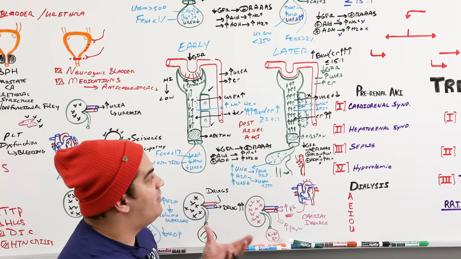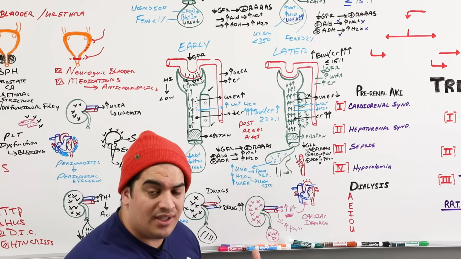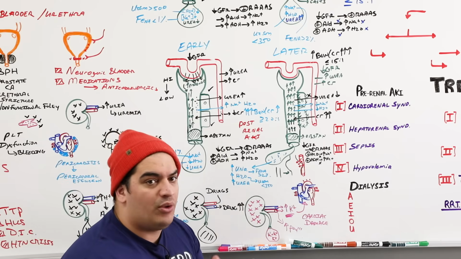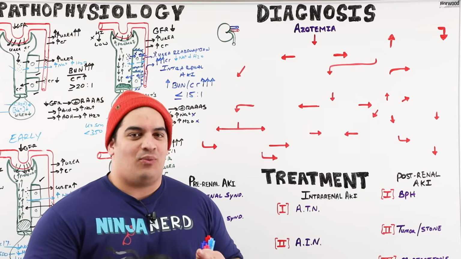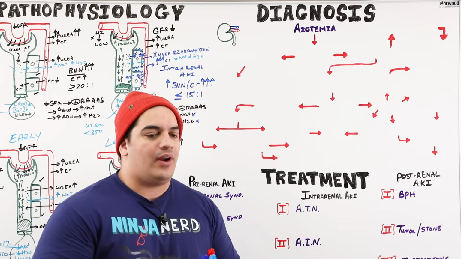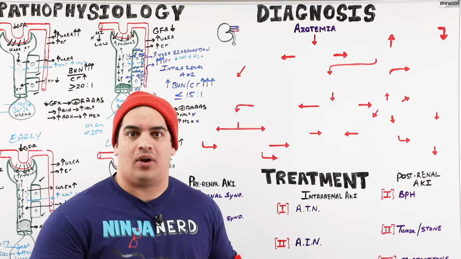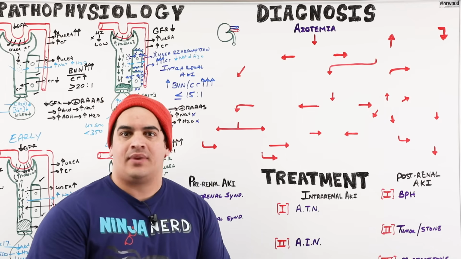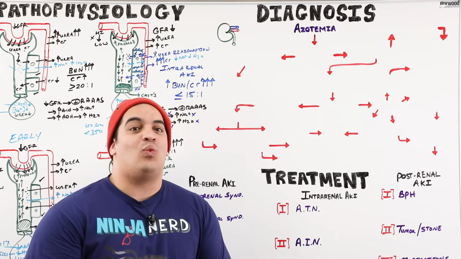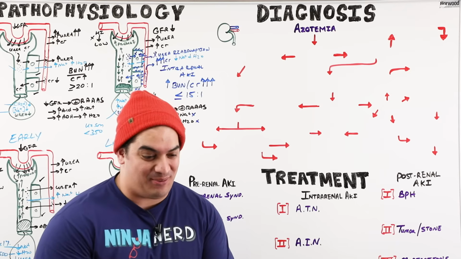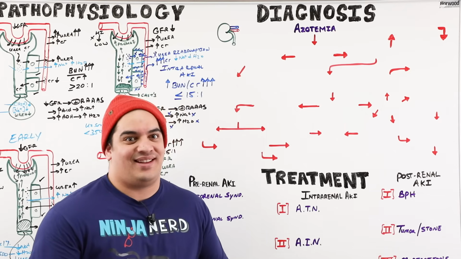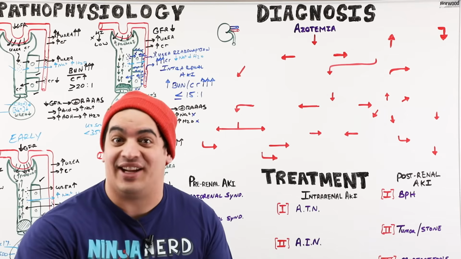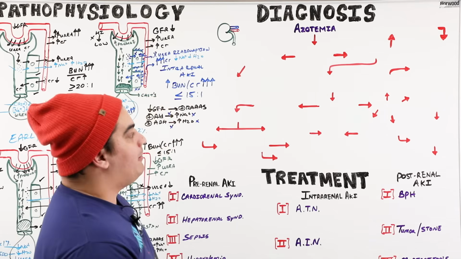Now what I want us to do is finish up talking about the diagnosis of AKIs, differentiating which one it actually is, and then treatment. All right, engineers, so we're at the diagnosis, right? So what we want to do is talk about how do I know if somebody has an AKI? That's the first thing. Second thing is, how do I know which type of AKI it is? How do I know if it's pre-renal, intra-renal, post-renal, or if it's chronic kidney disease and maybe an acute on chronic kidney injury? So that's something to think about.